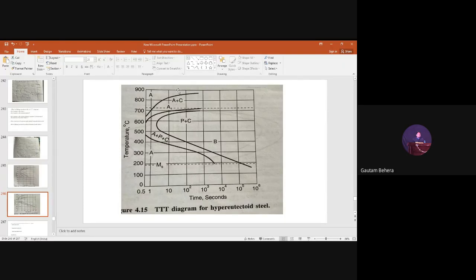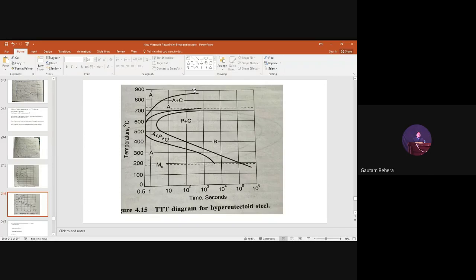So here you understand, since we have a hypereutectoid steel, then we have two lines. One is ACM and the A1 line. ACM is the upper critical temperature line, and A1 is the lower critical temperature. You can understand this dotted line is showing the A1 line. So you can see above A1 we have austenite plus cementite, obviously, because in this kind of transformation,